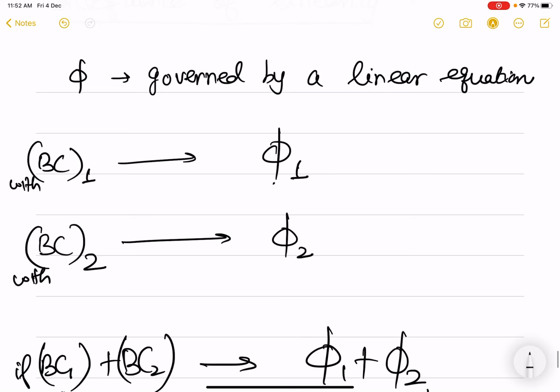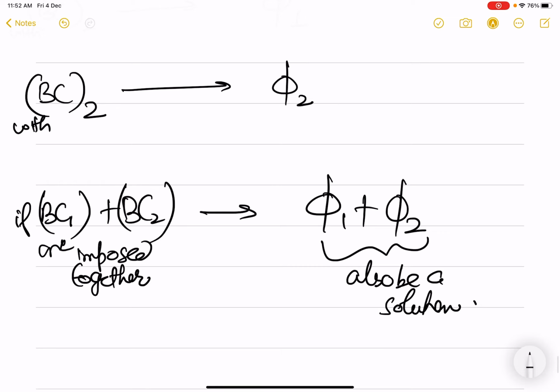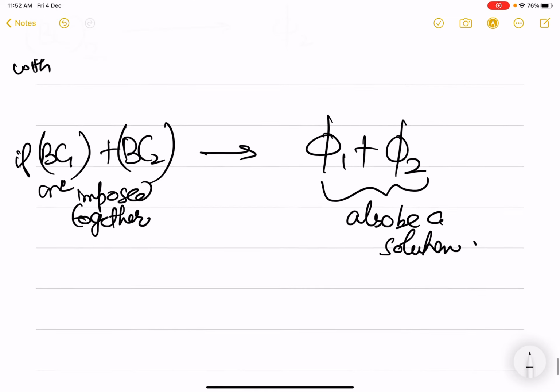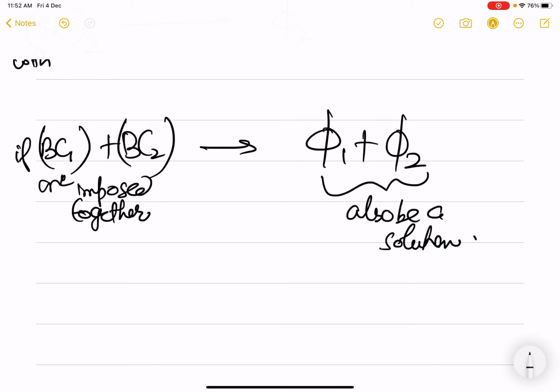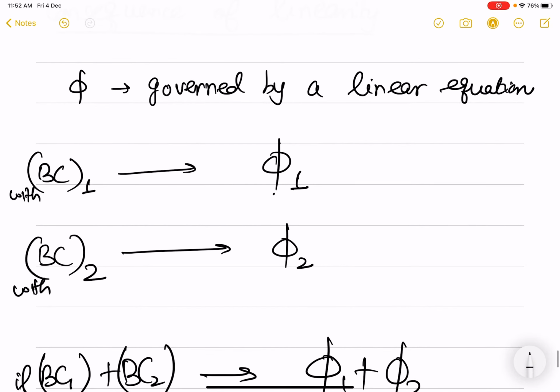So that means if I have two sets of boundary conditions, I don't need to add them and find the solution for phi. I can find a solution for phi 1 with boundary condition 1. I can find a solution for phi with boundary condition 2, call it phi 2. Add these two solutions and this will give me the solution of a flow where the boundary conditions are put together. Okay, so this really tells us that we can make simple solutions and then add them up together by superposing the solutions.